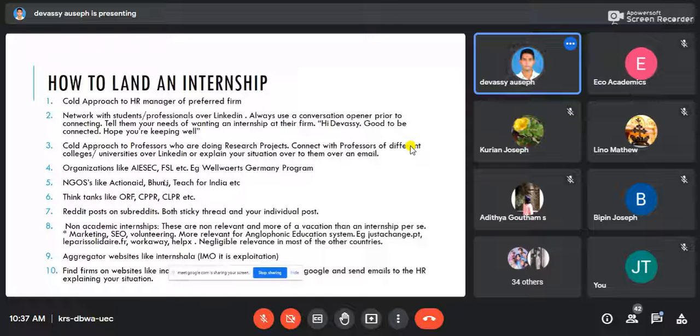Then seventh is a Reddit post on a subreddit. So people who use Reddit, I'll just